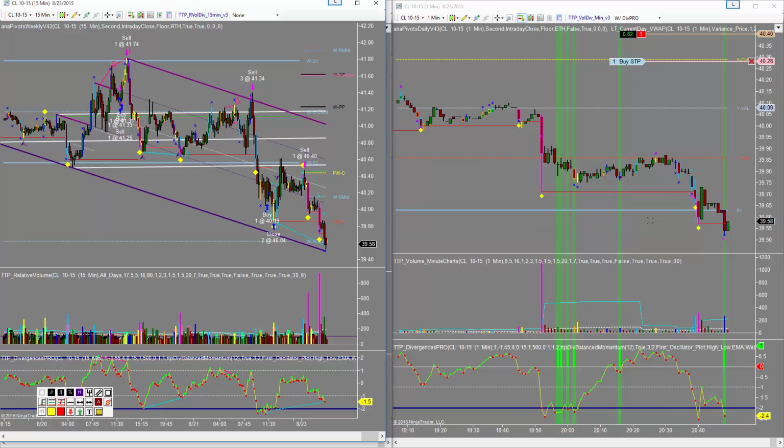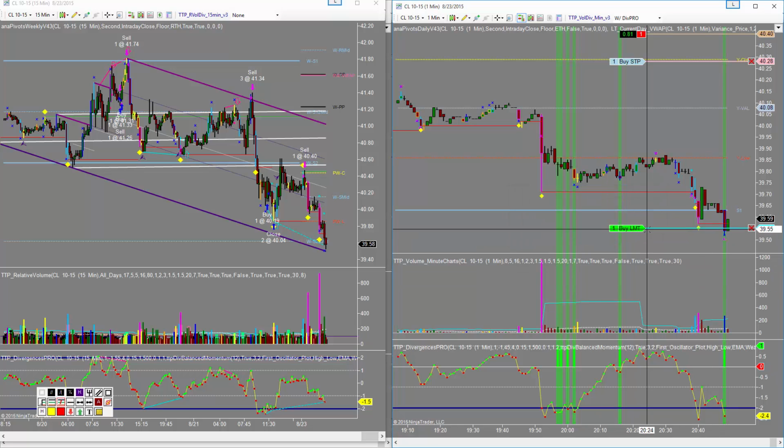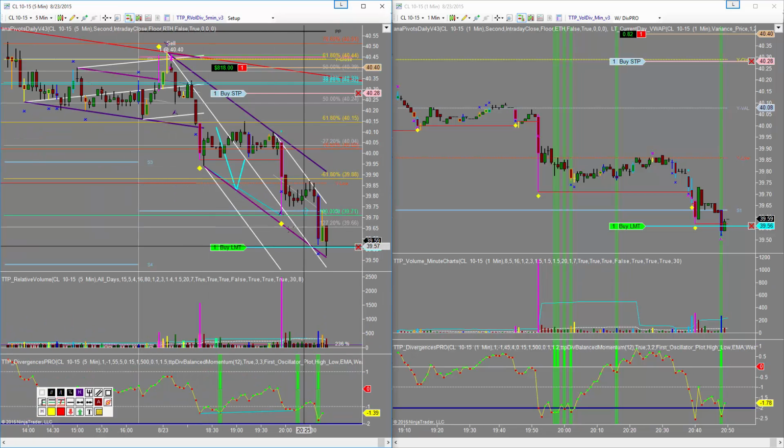Okay, so I'm going to go ahead and get out right there on volume divergence. Order pending. On the 1 minute, let's tighten that up a little bit. I'll go ahead and get out right there. See if that can get hit. Fib line touch, which is also the bottom of the trend channel on the 5-minute chart. Okay, and we have volume divergence there at the area, so that's an obvious exit for me,